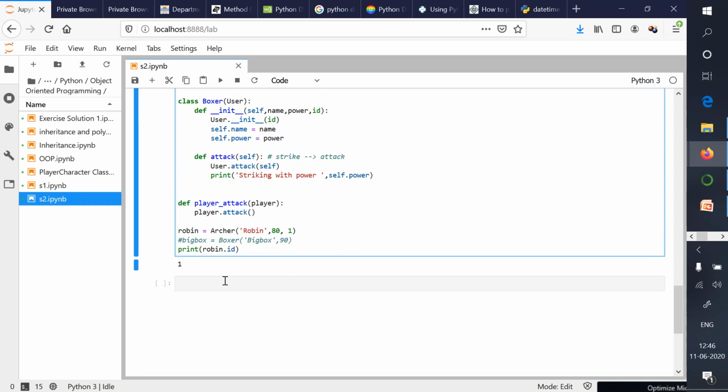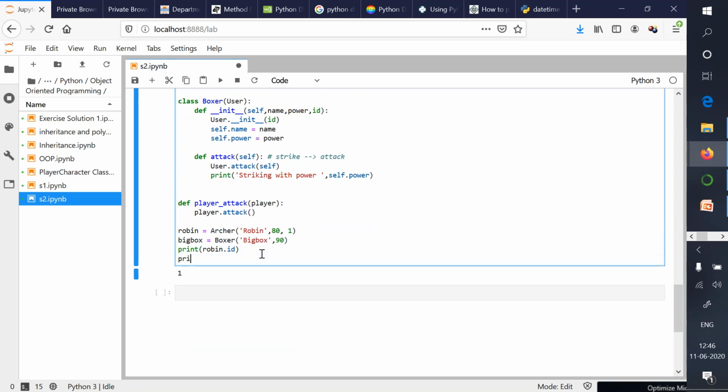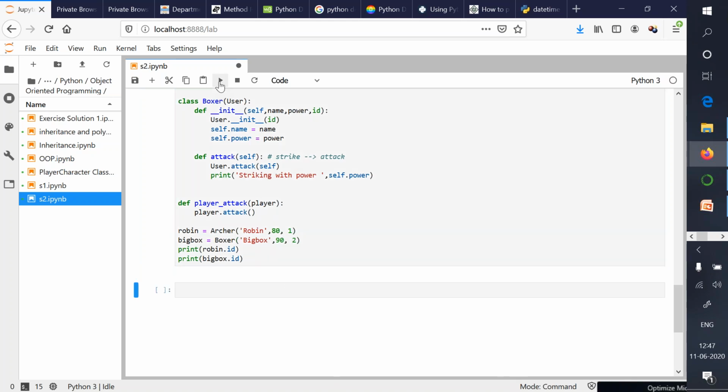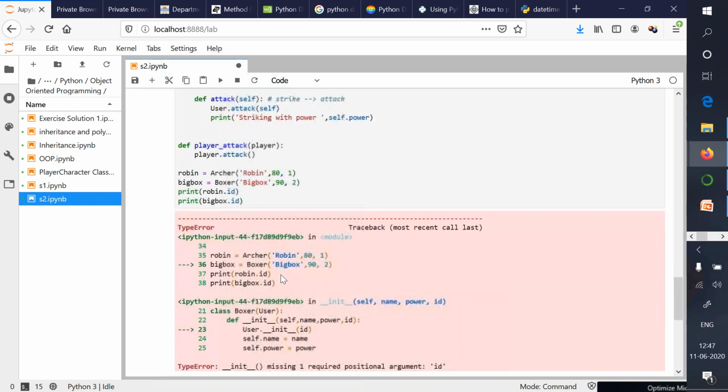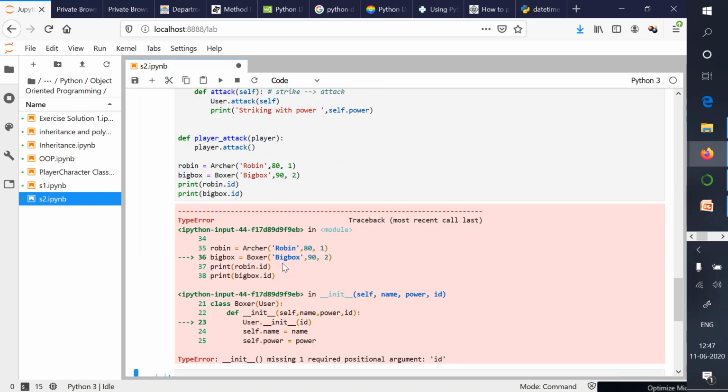Let's check it with another class, big box, and if I now try to print bigbox.id, obviously I need to supply ID over here also. Let's say this is the second player, big box, and the ID is 2. Now if I run the program, it says big box init missing one required positional argument ID.